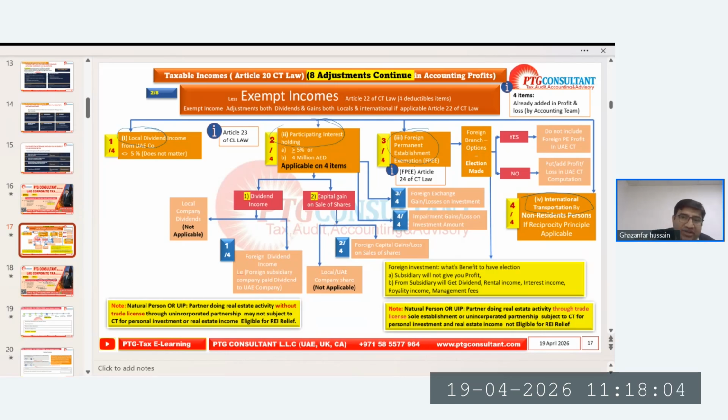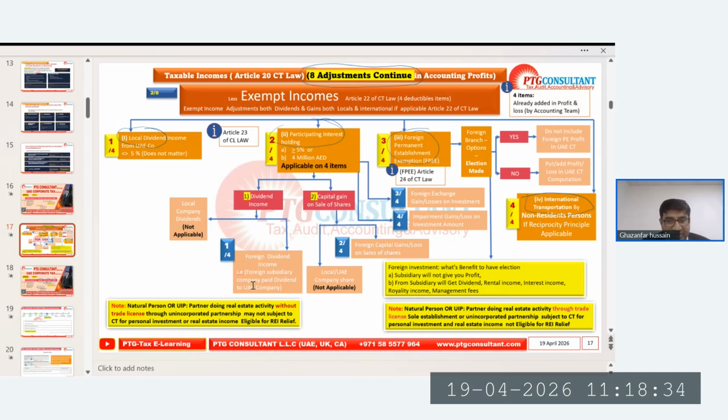If you look at the top, the 8 adjustments. Because when we are going comprehensively, topic by topic, we are covering the 8 adjustments. Under the 8 adjustments, each adjustment has further subsections. So here is one example for understanding how we are learning and what are the connections, or the tree, we are making to improve our understanding.